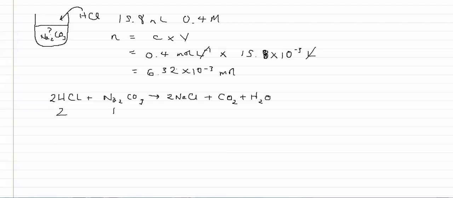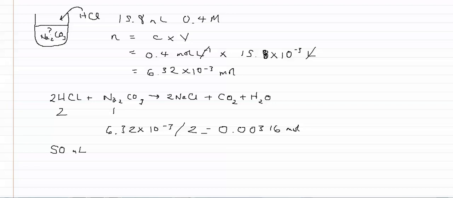So we've already worked out that 6.32 times 10 to the minus 3 moles of hydrogen chloride reacted. If it reacts in the ratio 2 to 1, it must mean that half the number of moles of sodium carbonate reacted. So the number of moles of sodium carbonate that reacted is simply 6.32 times 10 to the minus 3 divided by 2. And the value of that is 0.00316 moles. So that tells us the number of moles of sodium carbonate that was actually present in the solution in the first place. Now if we imagine that we actually had 50 mils of our sample that contained the sodium carbonate,